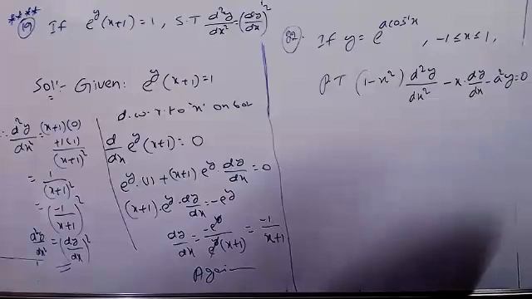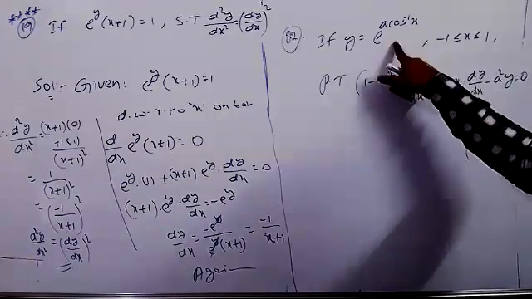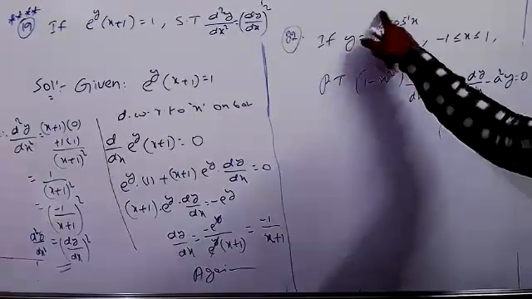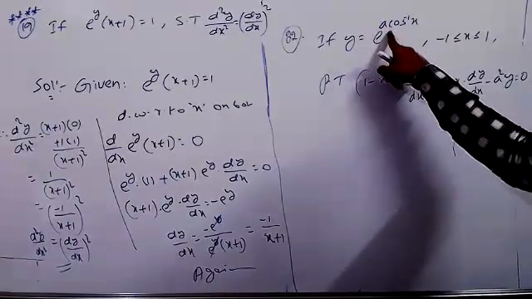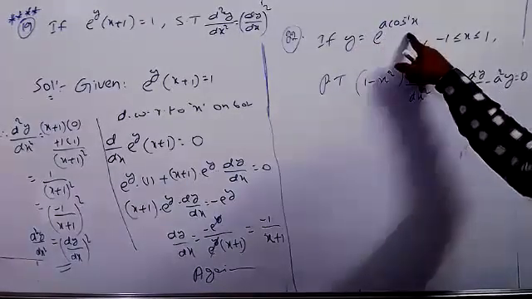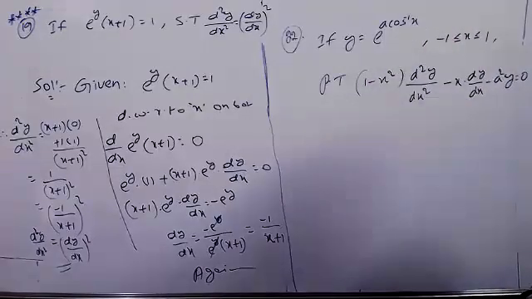Yes, first you try yourself once, because already we have done so many problems. Anyway, it is in the form of e power x only. So e power x equals e power x into again differentiation of this power. That means a is the constant value, just write it outside. So a into differentiation of cos inverse x, you will get minus 1 by root of 1 minus x square. Again you can differentiate, u by v formula you can apply.